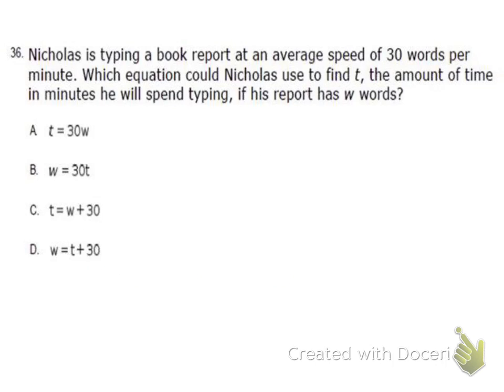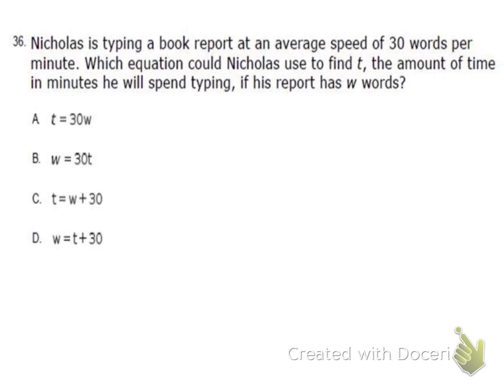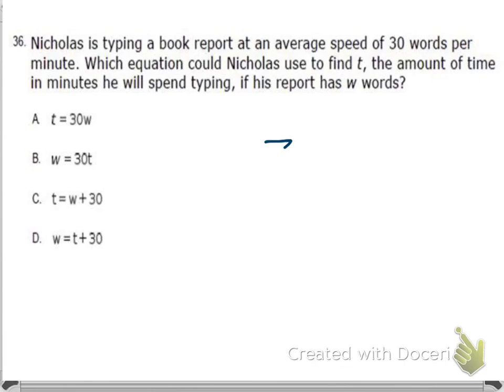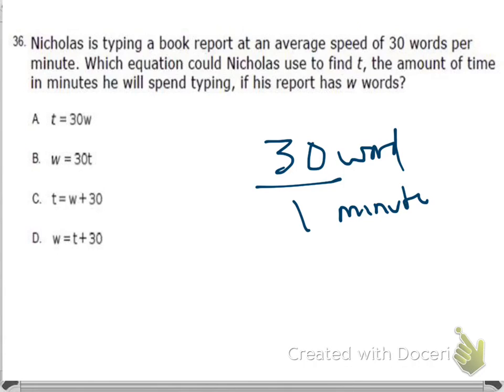Let's try this one. Nicholas is typing a book report at an average speed of 30 words per minute. Which equation could Nicholas use to find t, the amount of time in minutes he will spend typing, if his report has w words? So 30 words per minute. So this is already a unit rate, 30 words per minute. And it says that t